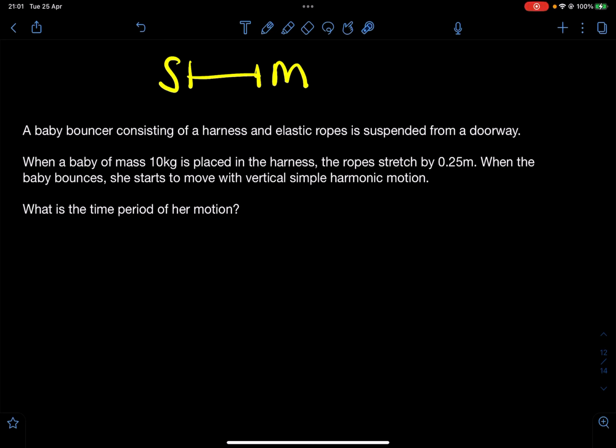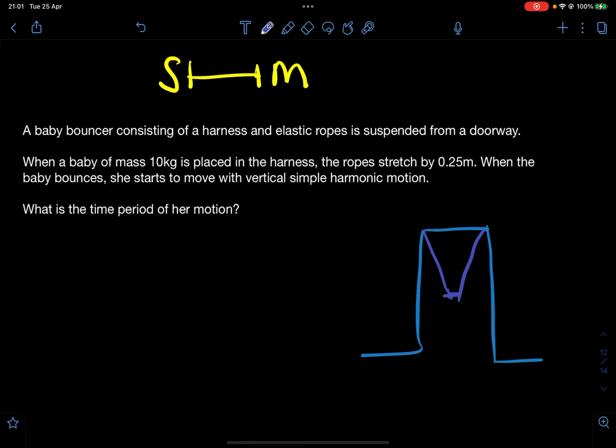So this question with a baby bouncer involves vertical simple harmonic motion. And although we don't have a spring, we have a harness and elastic ropes which probably behave like springs. So we have some doorway and we have some arrangement where we have springs or elastic attached to a harness,